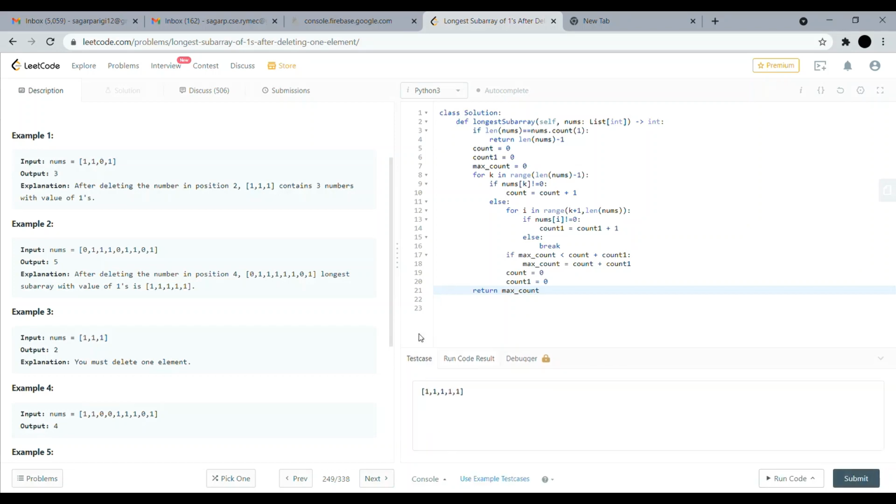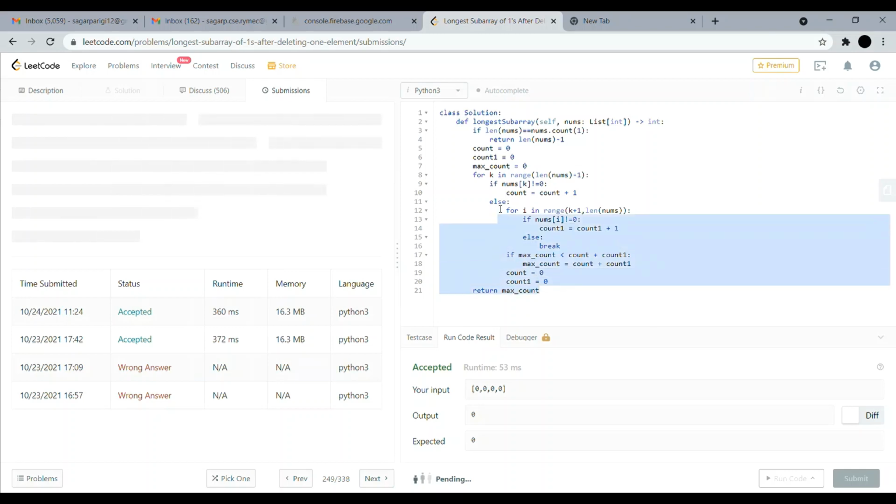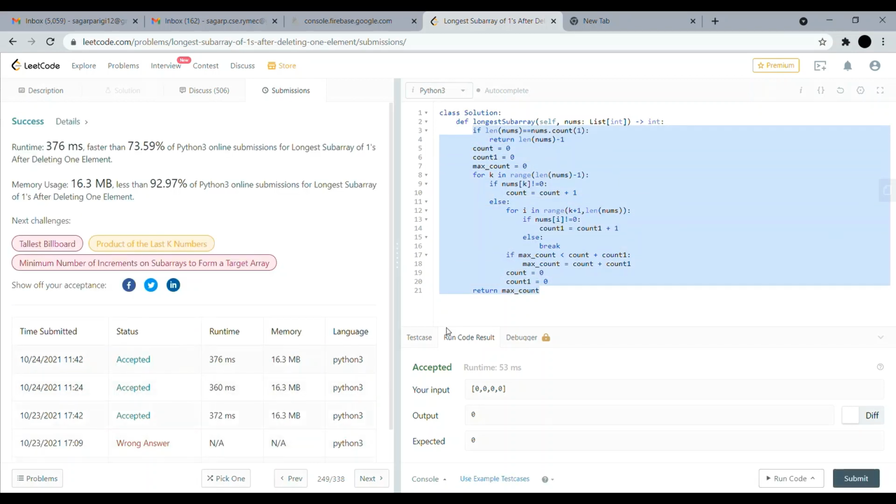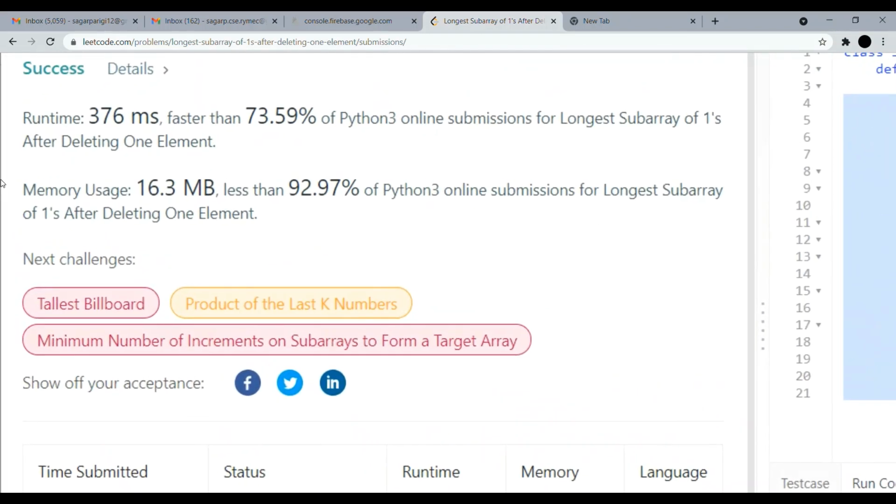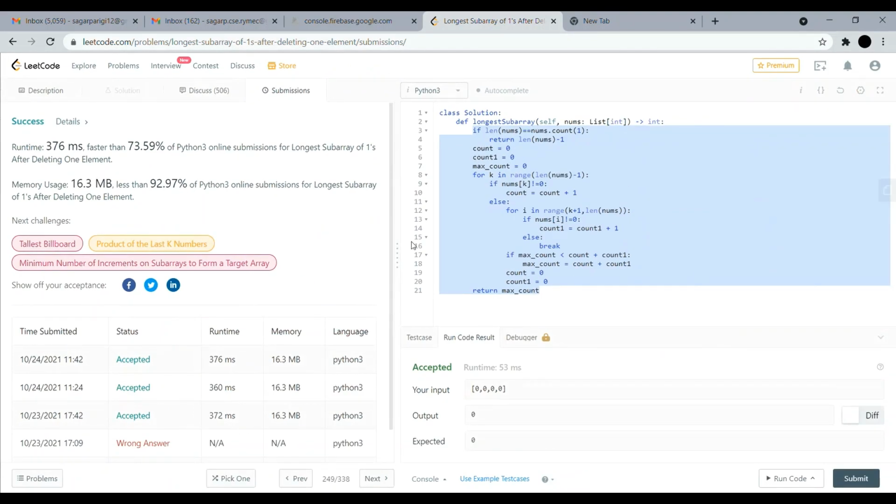Okay, let's test for all zeros. Okay, let's submit. This is the simple solution. I have explained to you the basic algorithm. Okay, success. That's it. Yeah, this is the simple algorithm.